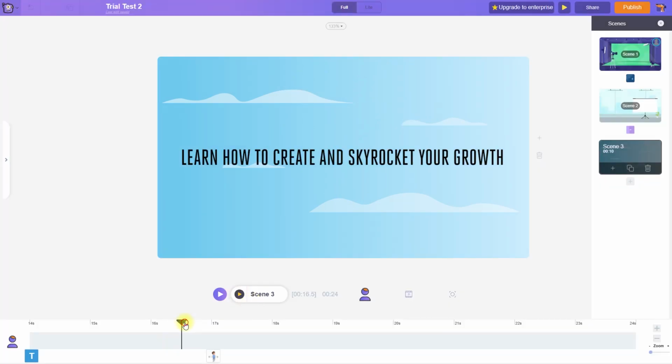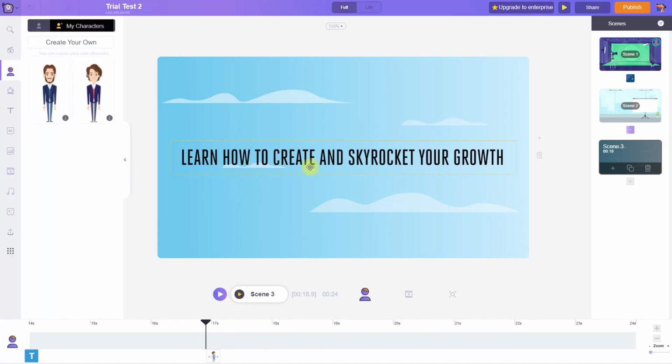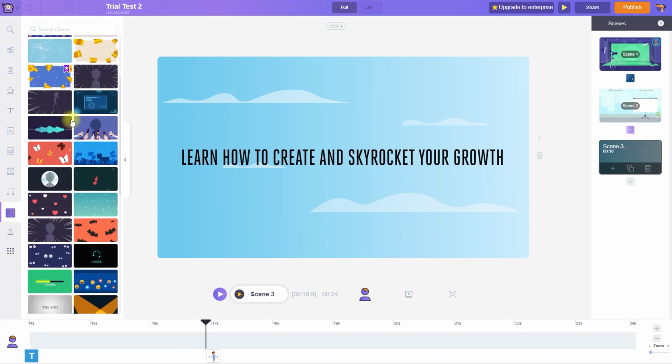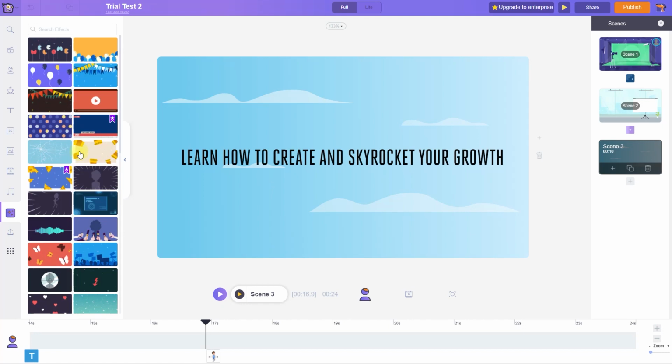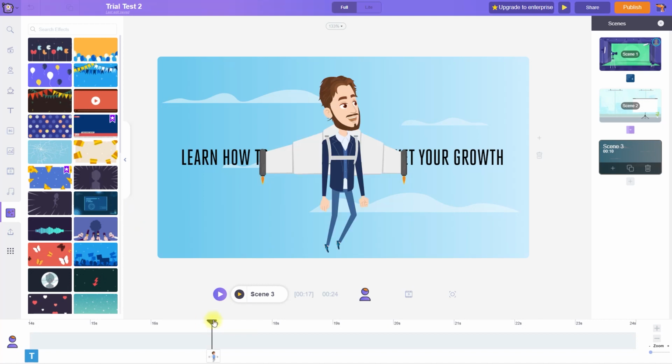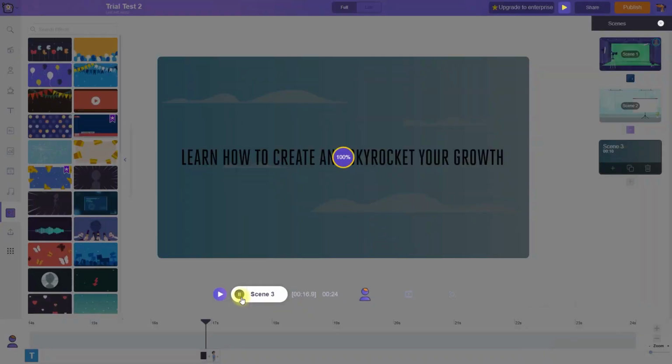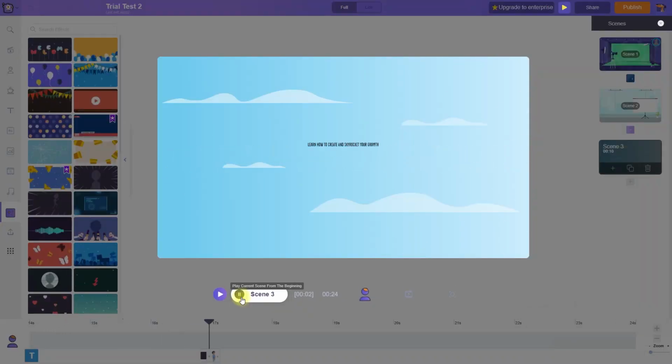So guys, this is all about keyframing, but here we need to add one special effect to add another really cool side to this animation and give it a very cool look. With the special effects, I really like this library where we have a ton of special effects, and these are all transparent and they can be added anywhere in the animation and they look really cool. You don't need to customize it or personalize it. Just having them on the scene makes it look really pretty. So let's import this one as soon as our character enters. This one is to show zooming effect. I think this is called anime effect. Let's play it again. Learn how to create and skyrocket your growth.